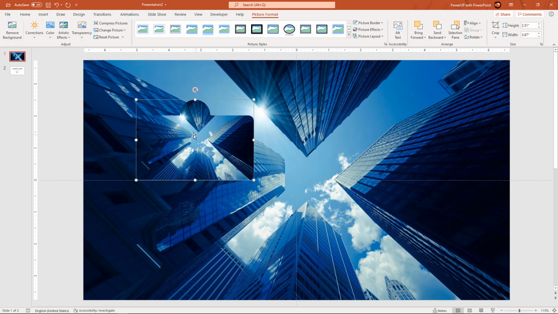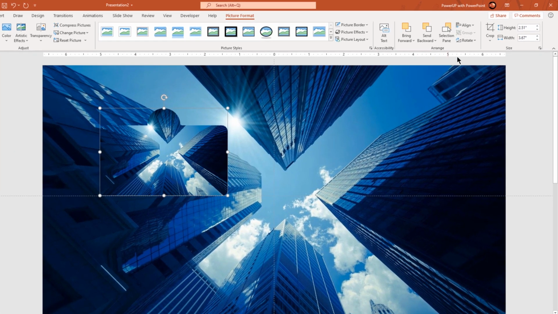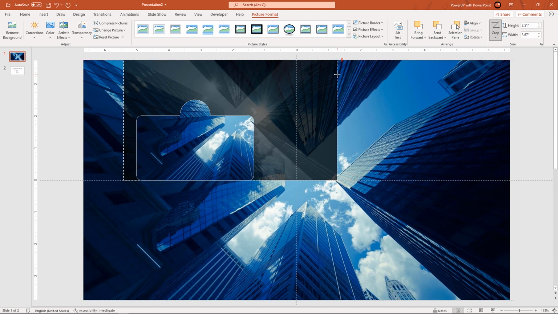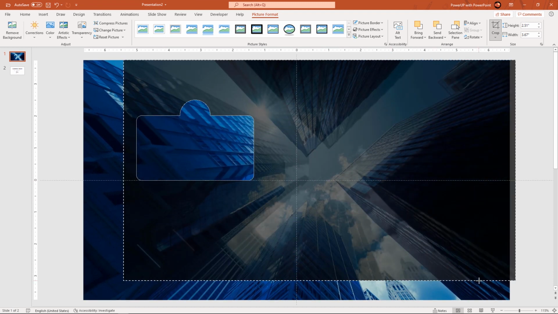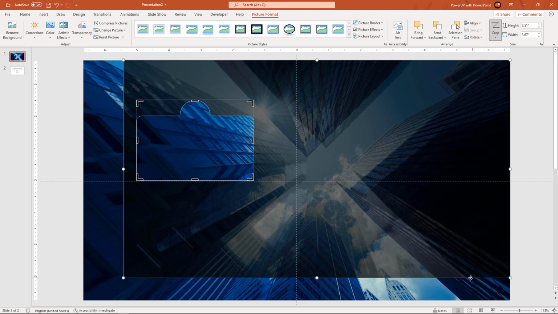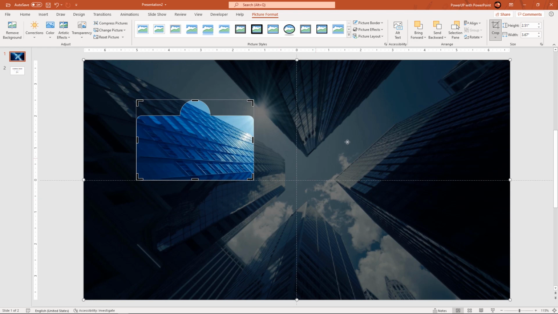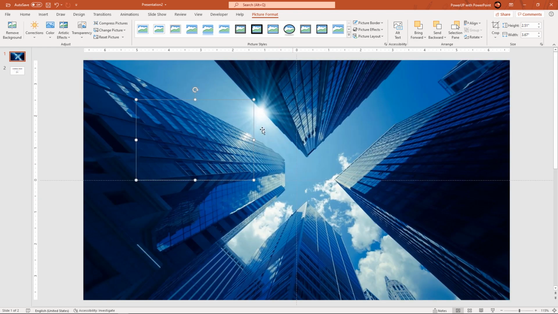Here you can notice, by default, PowerPoint will resize the image as per the placeholder boundaries. We need to enable the crop option and then resize it to the background image size. Now here is the important tip. Don't use the black color crop handles to resize the image. Rather use the white color points available on the image and then resize it to match with the background. Finally, again click on the crop option to exit and now you can see our image is perfectly in sync with the background.